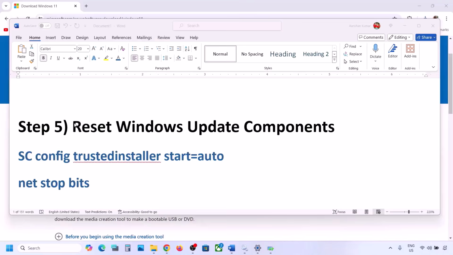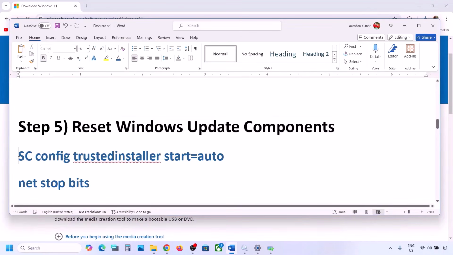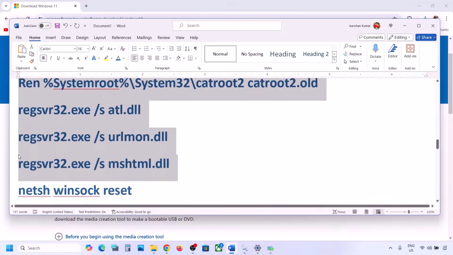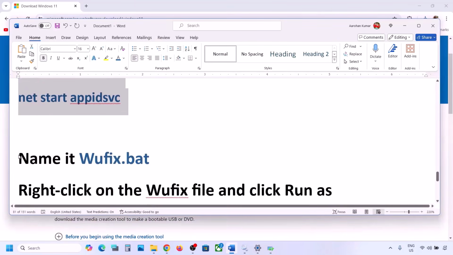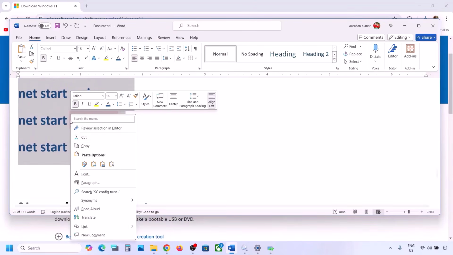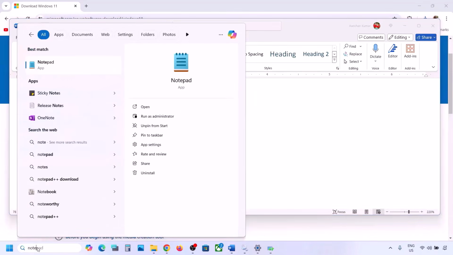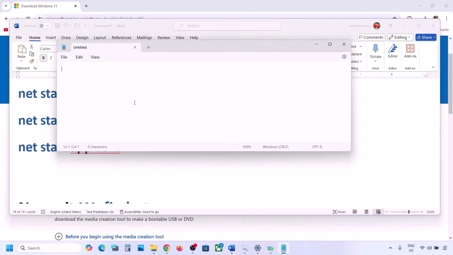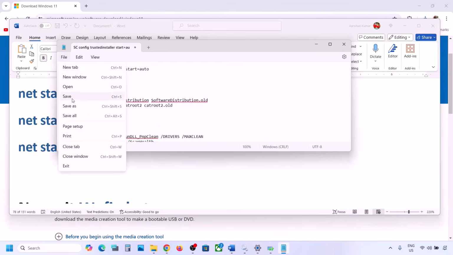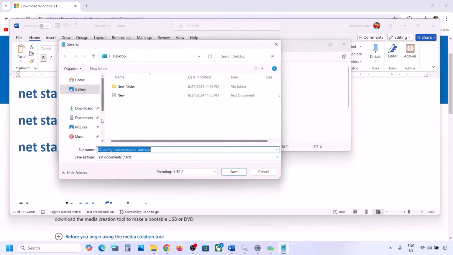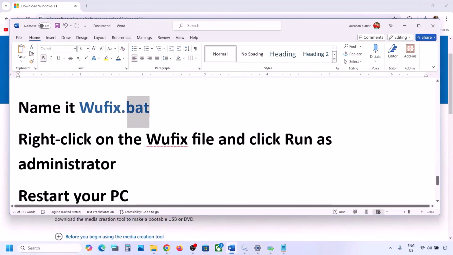Now the next step is to reset Windows Update components. For this, copy all these commands. These commands are provided in the video description. So copy it till here. Now once you copy it, open Notepad on your computer, and then in Notepad paste all the commands, and then go to File on the top, click on Save As, and then you can name this file as